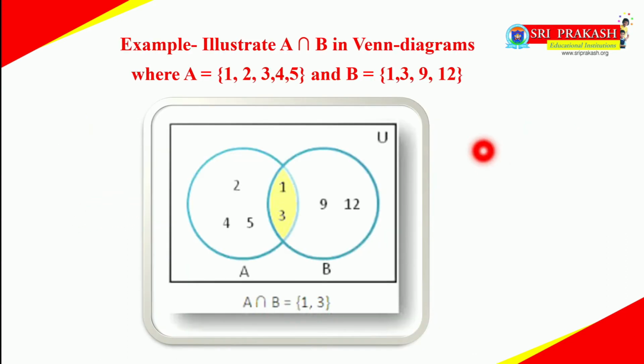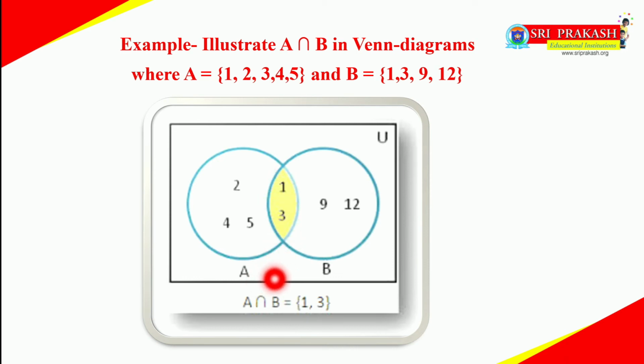There is one more example given for you for better understanding of A intersection B through a Venn diagram. By this, what are the elements of A? 1, 2, 3, 4, 5. What are the elements of B? 1, 3, 9, 12. Why have you written 1 and 3 here? Because 1 and 3 are common in both set A and set B,